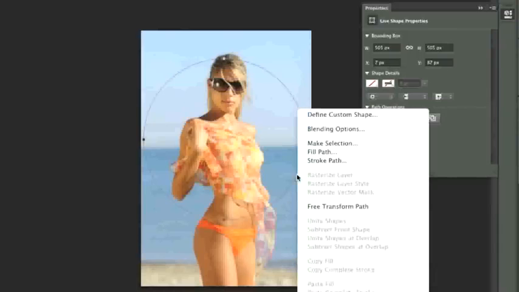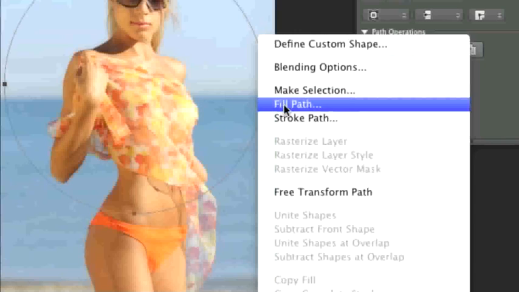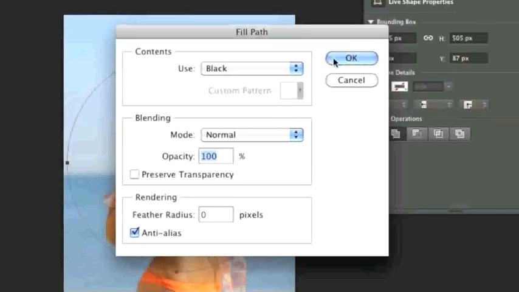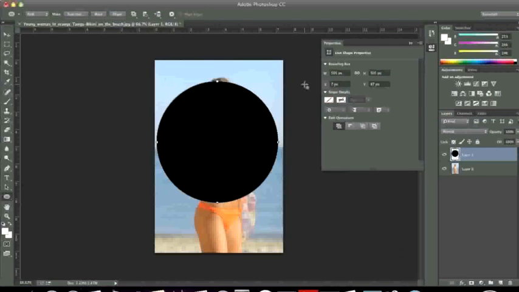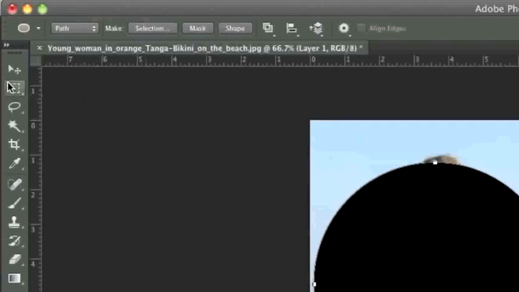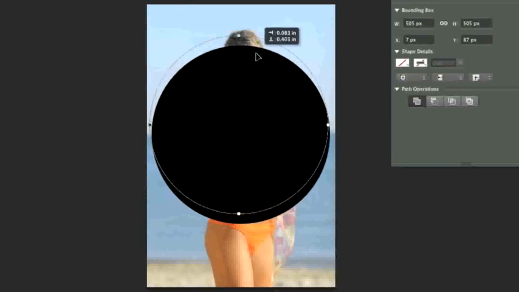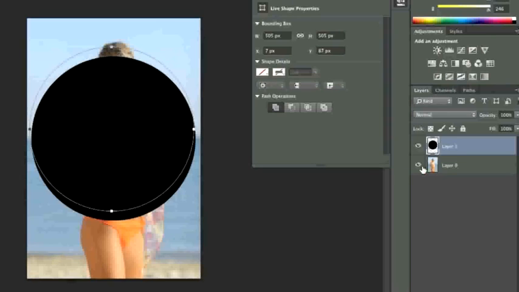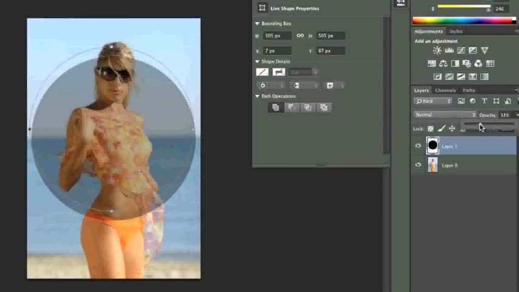And now right click on the circle here and simply left click on fill path. And I'm going to choose black for the path here, and you will see why I'm doing this later on. So now simply position the circle where you'd like it to be. And if you'd like to see it better, simply change the opacity like so that you can see where the